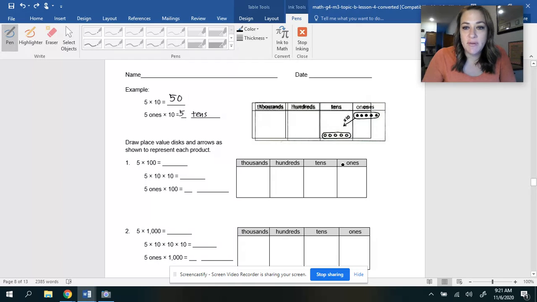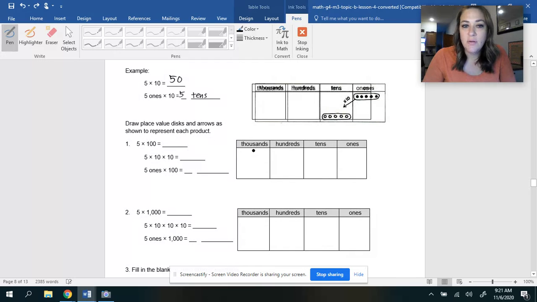Okay, so as we come down here, we have 5 times 100. And they want us to decompose that and show it as 5 times 10 times 10. Because there's 2 zeros, this is kind of my trick I always use, 2 zeros, then that's going to let me know that I need to move 2 place values on our chart. But we have 5 ones, so I'm going to show that first. 1, 2, 3, 4, 5. Okay, and if I multiply that by 10, then that's going to come,